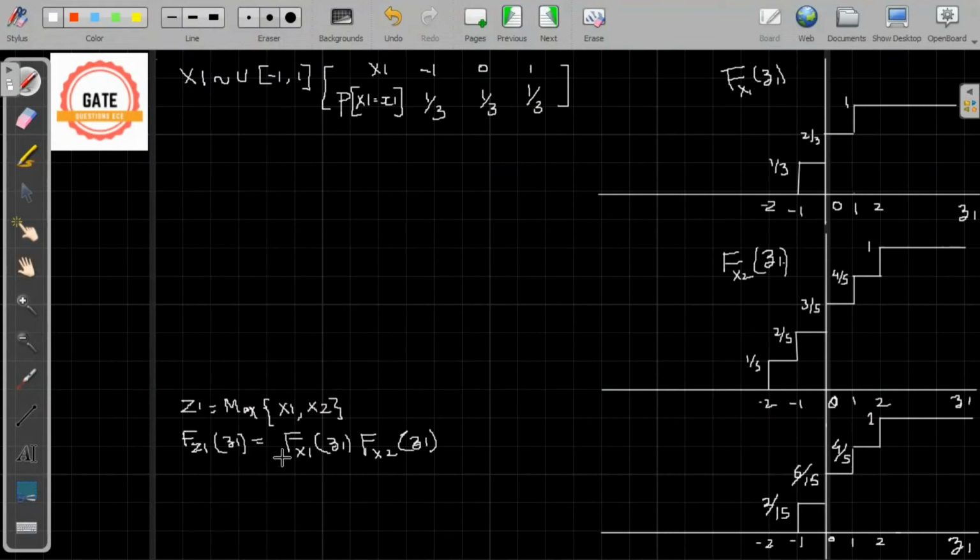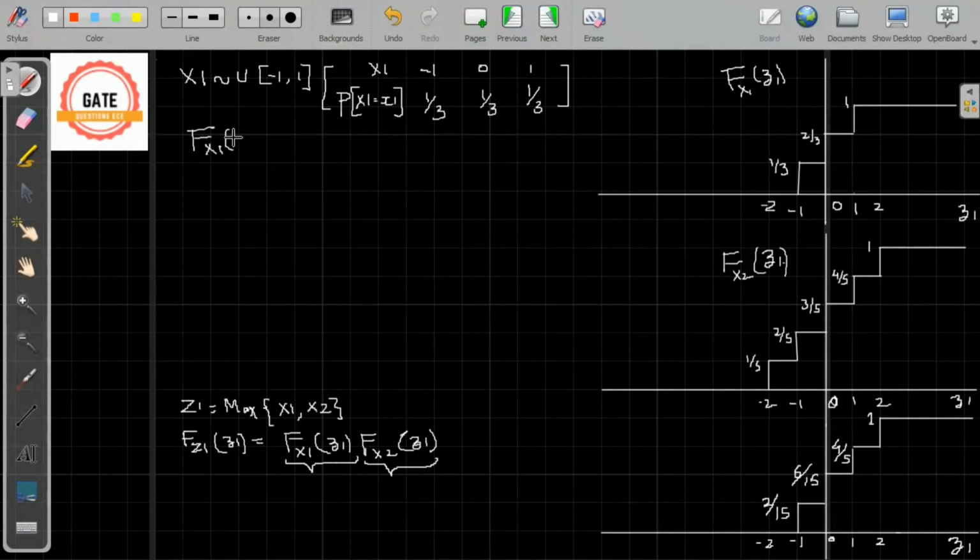This we know from our previous discussion. So if I can calculate the CDF of X1 and X2 separately and then take a product of it, I can well define what will be the CDF of Z1. So firstly, for that we need to calculate the CDF of X1. By the definition of CDF, the CDF of X1 will be